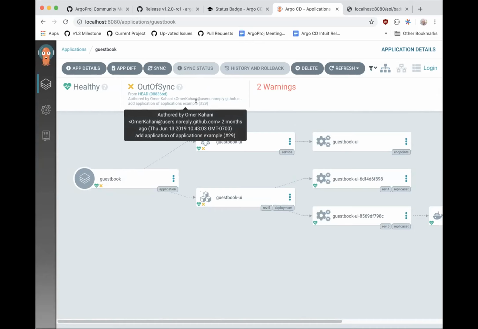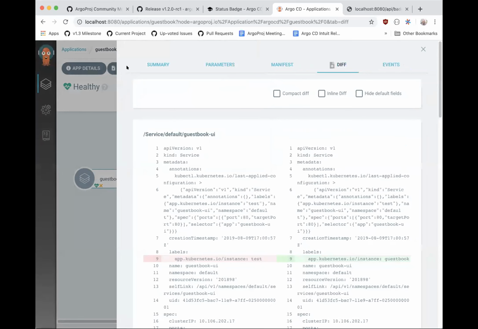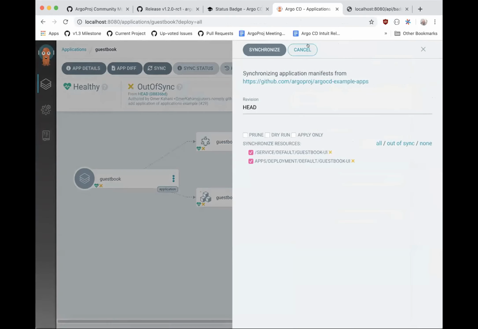That should give me a little bit of an indication of what's going to happen should I press the sync button. I can get a further indication by looking at this app diff view here. If I click on this, it'll show me the differences between the deployed application and the expected application. I can choose to have compact diff as well, so that just brings the differences front and center for me. And then if I click sync,